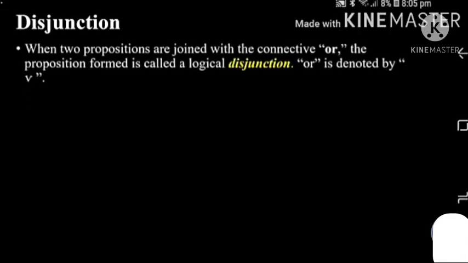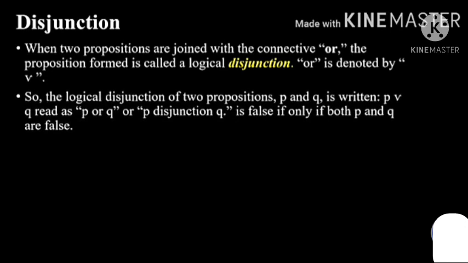Now let us look at a disjunction which is connecting two propositions using the word or. እዚህ ጋር የምንጠቀመው or ነው. In order to make two propositions to become one we will use connective or. When two propositions are joined with a connective or the proposition formed is called a logical disjunction ይባላል። አዲስ የሚፈጠረው proposition logical disjunction ይባላል or it is denoted by v በሚል ምልክት denote ይደረጋል ይለናል። So the logical disjunction of two propositions p and q is written as p v q፣ and you have to read it as p or q ብላችሁ ማንበብ ነው። or else ደግሞ p disjunction q ብላችሁ ማንበብ ትችላላችሁ።